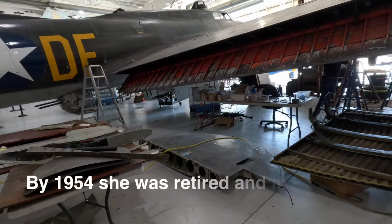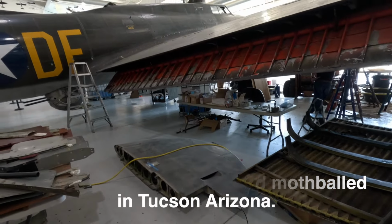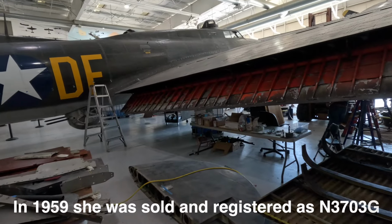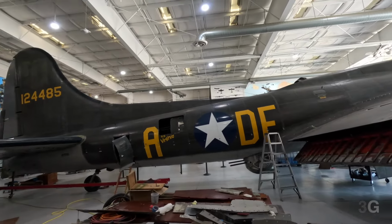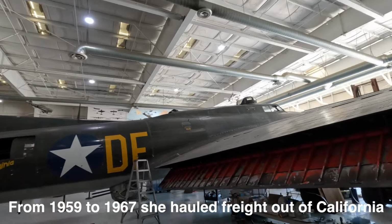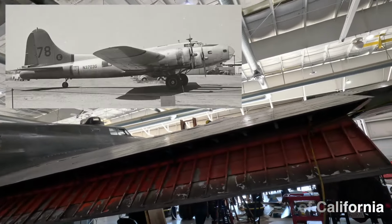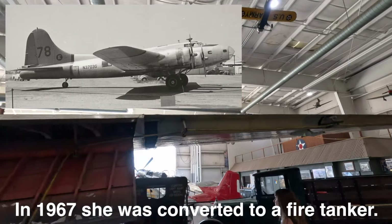There's another wingtip that's sitting on the ground. Holy smokes, is it big. Flaps are all the way down. This aircraft is painted up like the Memphis Belle. It was used in the movie. The aileron is